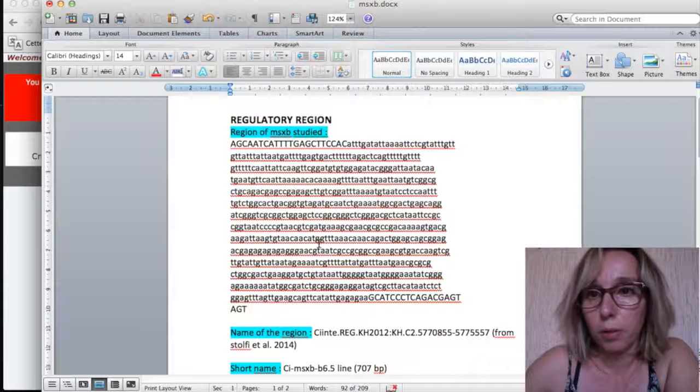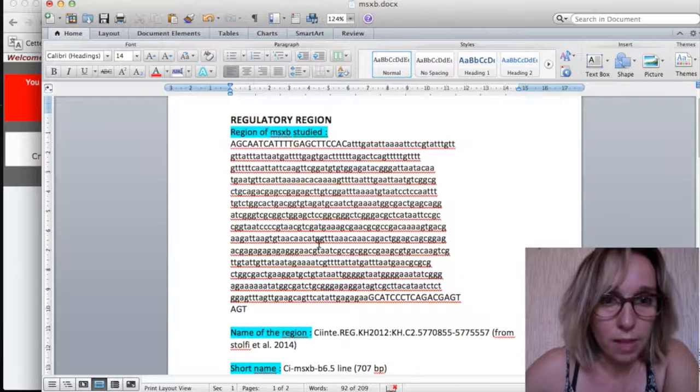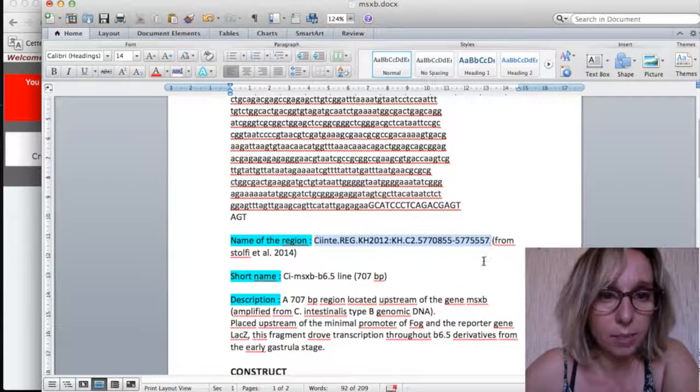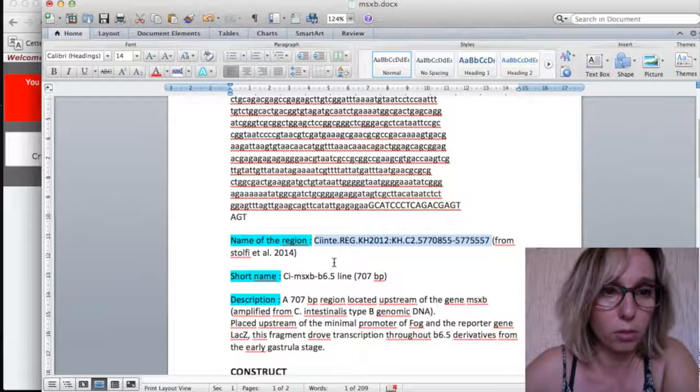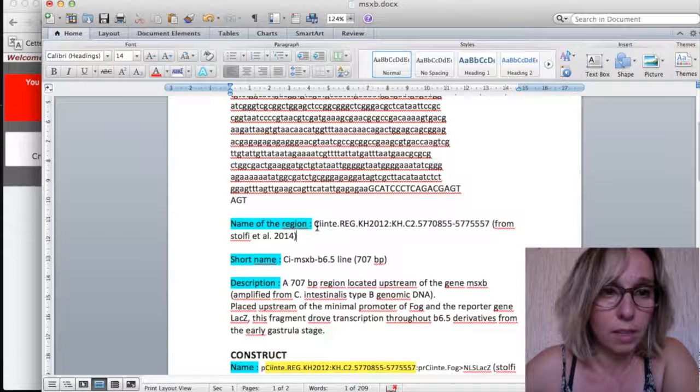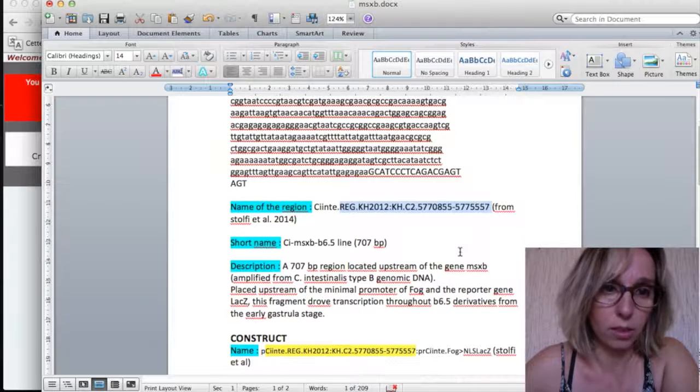I also prepared the name of the region, which is standardized from the article from Stolfi et al. 2014 in Genesis. This name is composed of the symbol of the species, so Ciona intestinalis, the reg for region, and the coordinates